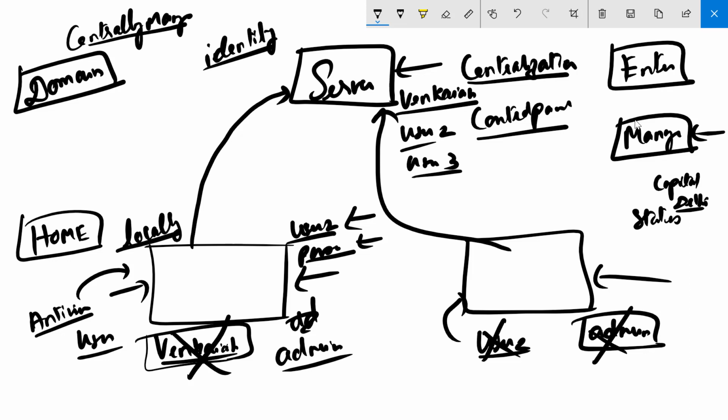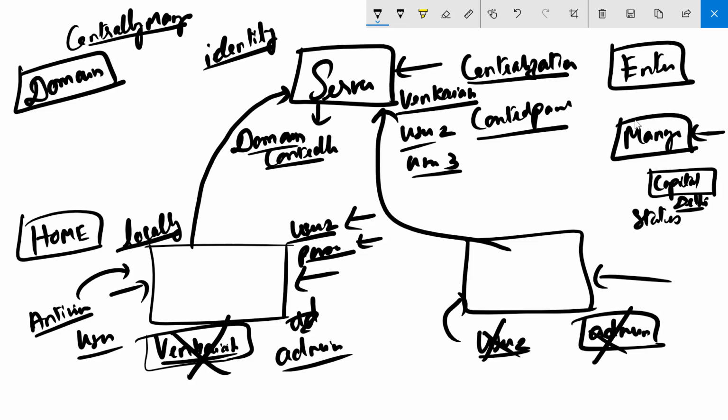And just like Delhi is a capital city and you give the designation of it being a capital city, isn't it? In that same way, this server is just not another server. It's been given a designation of a domain controller. It is known as a domain controller. If someone refers to the server, to differentiate it from other servers, you will call it a domain controller. You'll just not call it a server because a server can be anything.